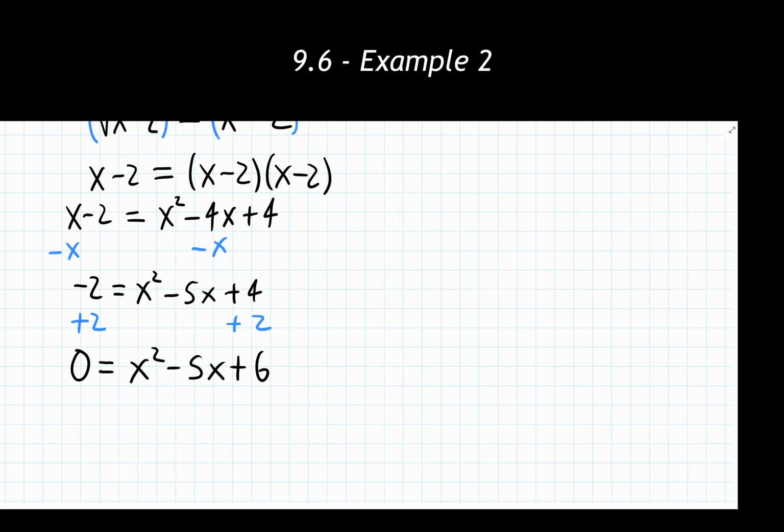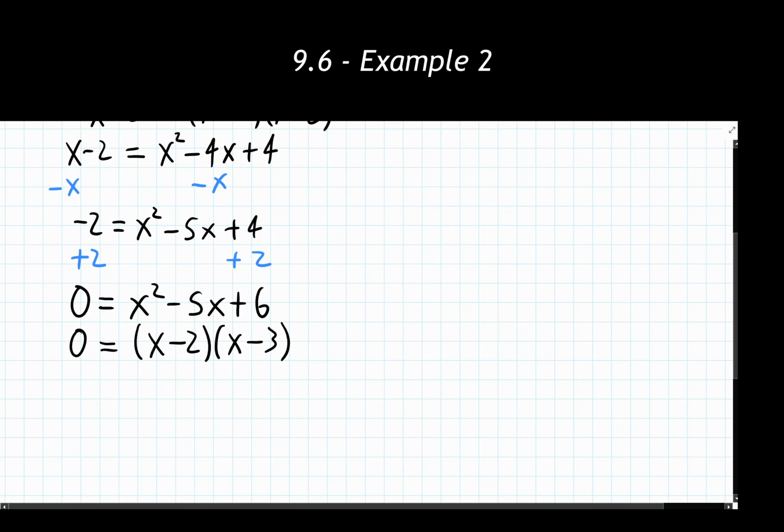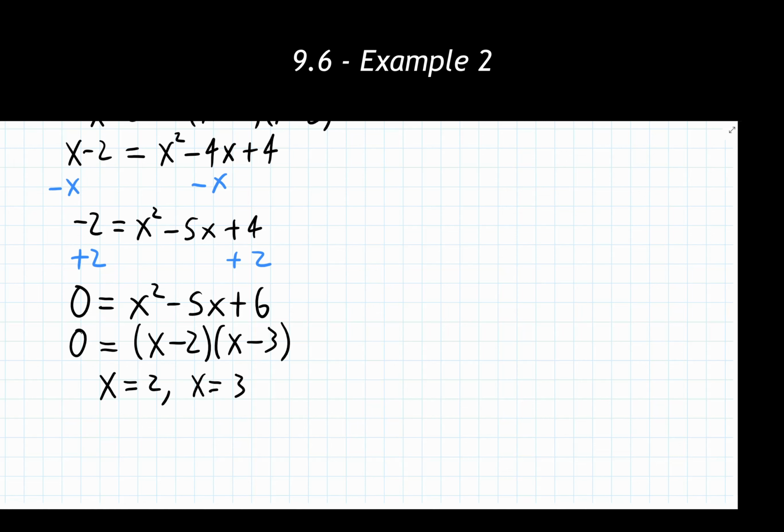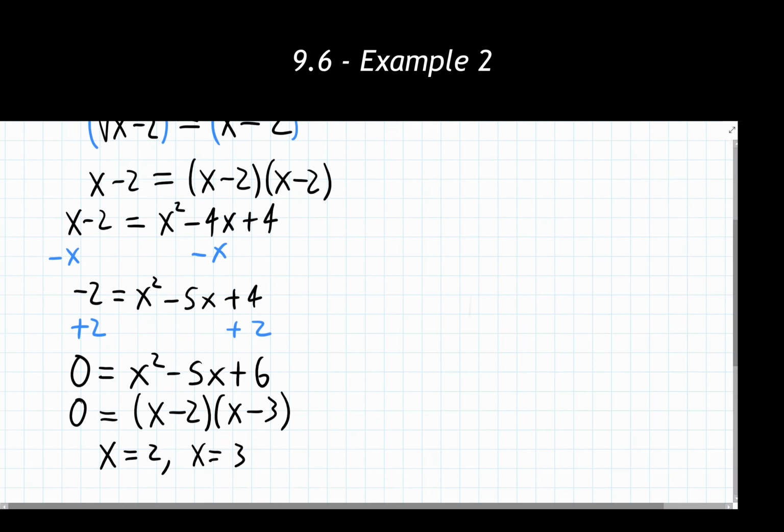And I check to see, can I factor the right side of this equation using my previously learned methods? And we can. This is using the, I believe it's 7.2 material. So when we factor this thing out, this can factor into x minus 2 times x minus 3. So what are our two potential answers that we have here? It could be that x is 2, or it could be that x is 3. We now need to check both of these because we want to make sure we don't have any radicands that are negative showing up in this problem.